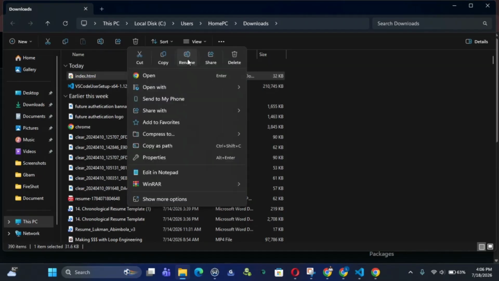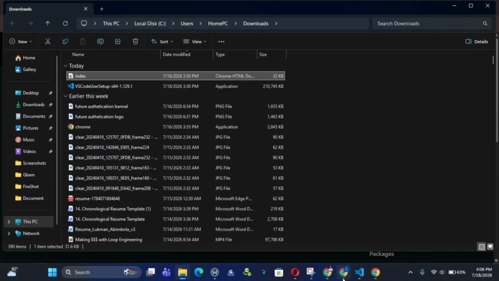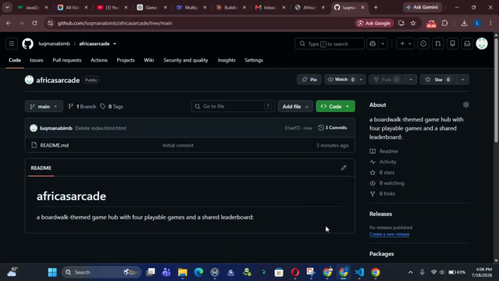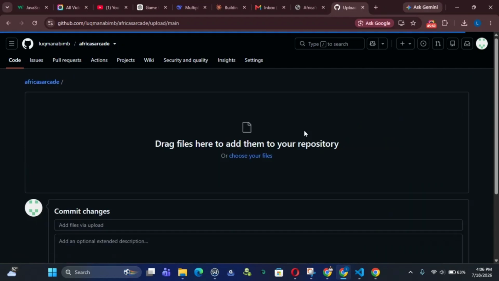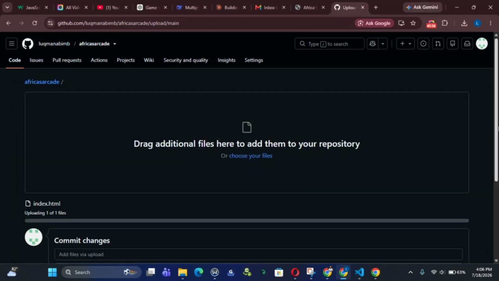Because the extension we apply to it will be identified as the name, which will serve as a barrier when we are trying to host it on GitHub. So we're going to be uploading the file again as index. We're going to be choosing this file and selecting this